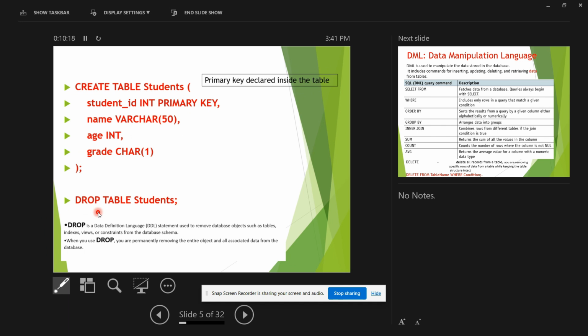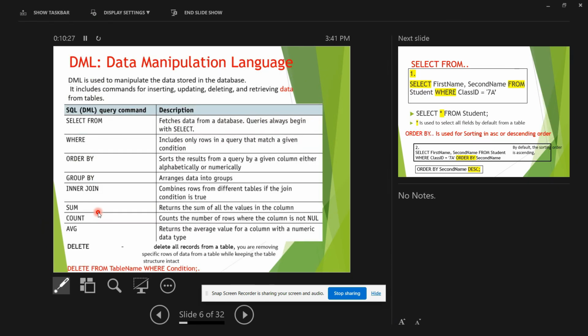Okay, so for DDL you will use the drop keyword, but when we go to DML, you will see we will be using the delete keyword. Okay, this is a difference. Okay, now coming to DML. Now DML is data manipulation language. Basically what it is doing is, we saw the example in which we created a table and field names. So once you enter the data for first name, like you can write your name Hanan, and the class